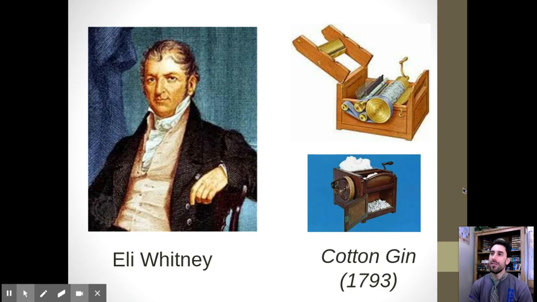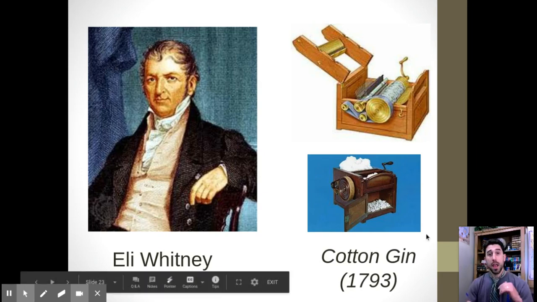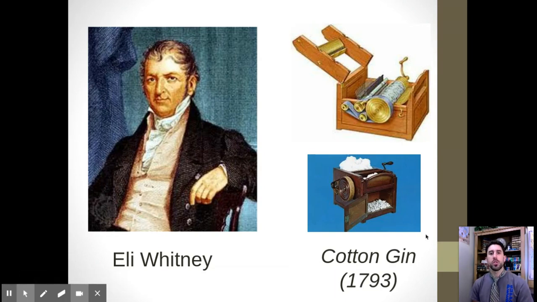in the cotton industry, invents the cotton gin, which allows you to throw cotton through it, and you turn your crank and little forks and whatnot will pull apart the cotton, remove the seed, and give you a nice, clean, finished raw product that quickly removes that seed, so it can go faster, right into spinning. Now you can see that this is an early one, hand cranked. It wouldn't take much for this to be mechanized and set to water power or something like that. So 1793 of the cotton gin,